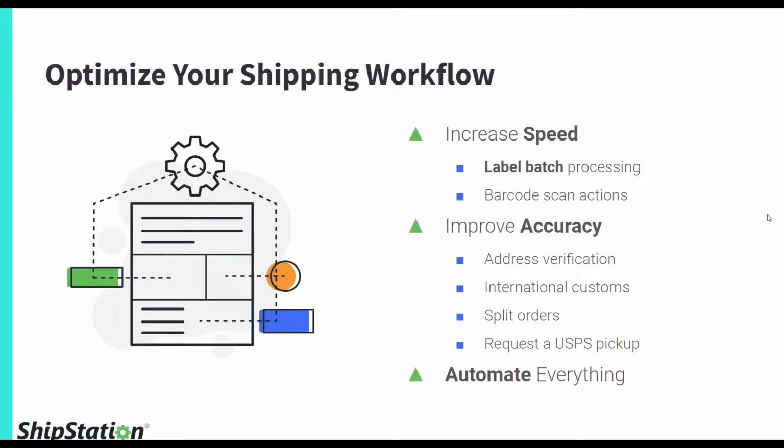And so it's very important for us that we try and streamline that process to make sure that we can help you increase the speed. So workflow is a big thing when it comes to processing orders. Whether it's making sure that you're able to use batch processing to process orders in bulk, or whether you need to use barcode scan actions to actually take the human error out of the process, we want you to be able to take advantage of those features within our software to really take you to the next